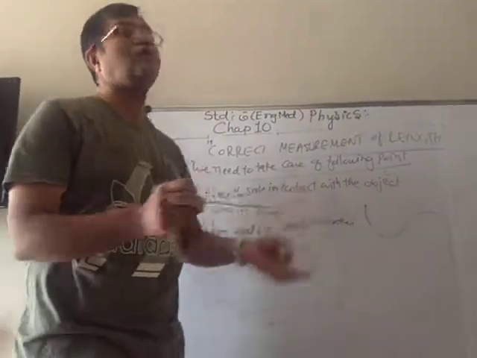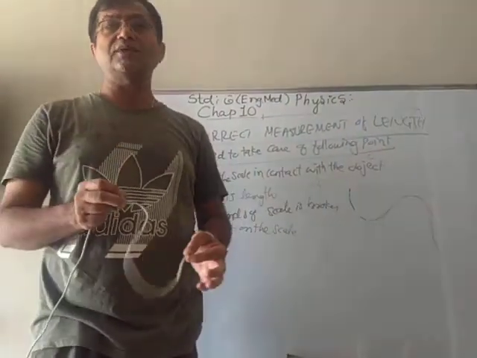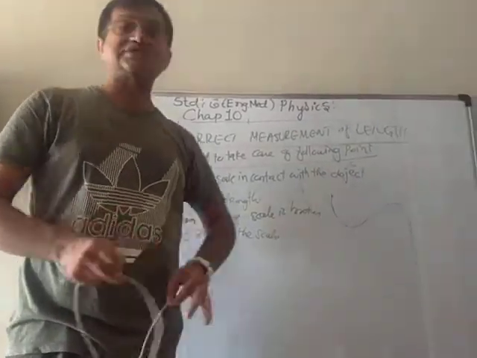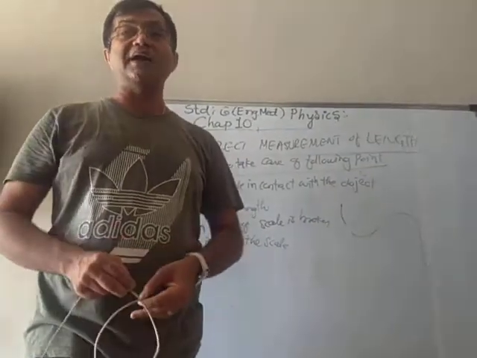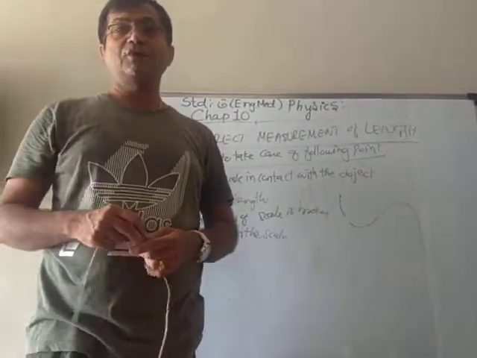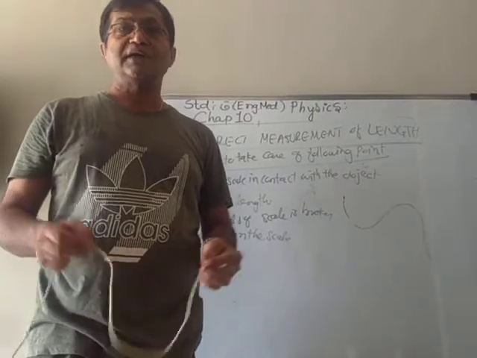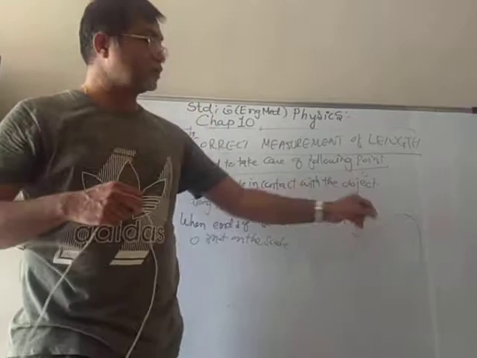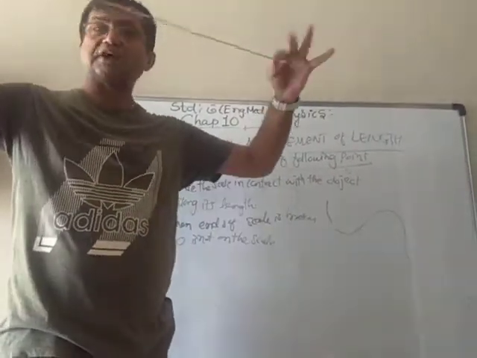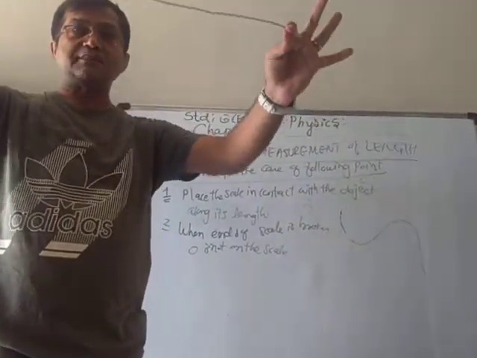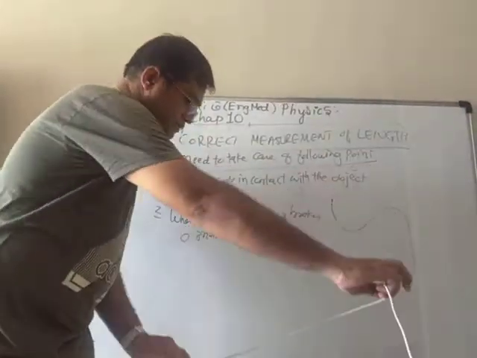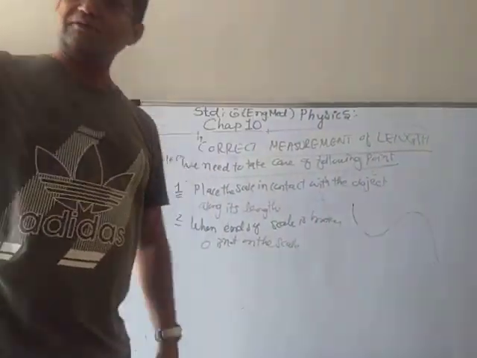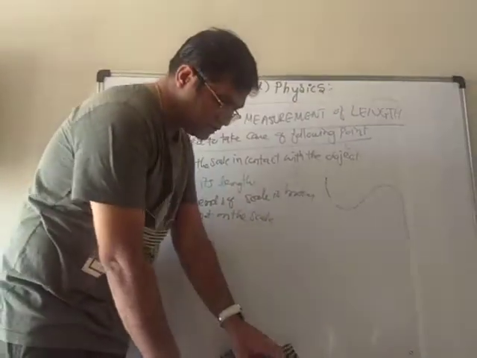So when there is a curved line or any curved surface you want to measure, then you can't use your scale. At that time you have to use your mind, get a piece of rope or thread or anything, and then put it around it exactly as I showed you, and then you can see that it is up to here. Then make it straight, and then you can use your scale to find the measurement. So it is a very simple thing that we can do.